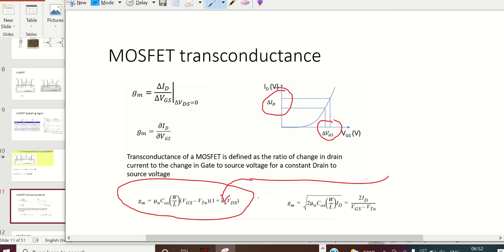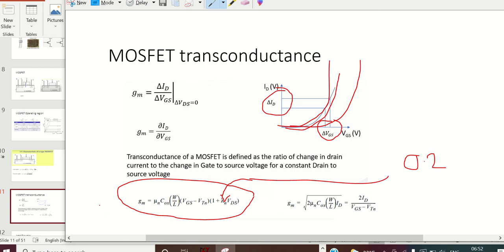In LTspice simulation, you have to mention this. It is a parameter like 0.2 that we should specify, or else it will be considered as 0. If this is considered 0, the VDS variation will not be seen. In our plot I tried to vary VDS, and even then the plot was coming at the same point. If lambda is present, one plot will come here, a second plot will come here, like that. I will try to show that later, but now it's fine.